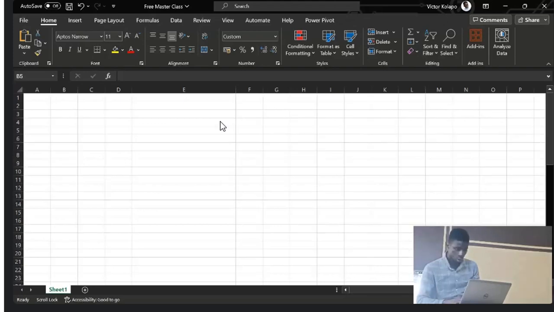Okay, so on your page layouts, that's where we have your fonts. After that, we have your alignment. You have your left alignment, your right alignment, your center alignment, your top alignment, your mid alignment, and